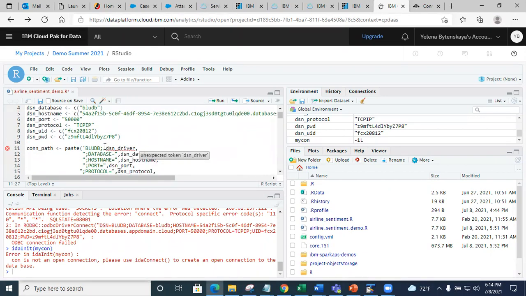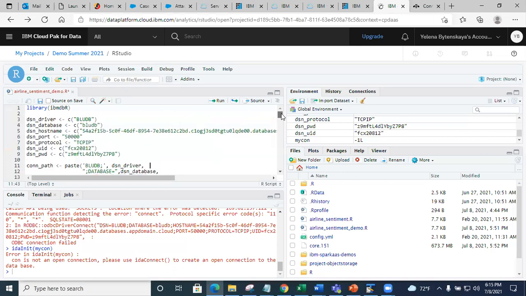Okay, and then a comma. Yeah, then you have a comma. Ganesh, is it correct? You need a comma after the quote ends, right there before the DSN driver. You need a comma there. Like this? Yes. Is it a single quote or double quotes? That doesn't matter. Okay, so now should that work? Try executing this.